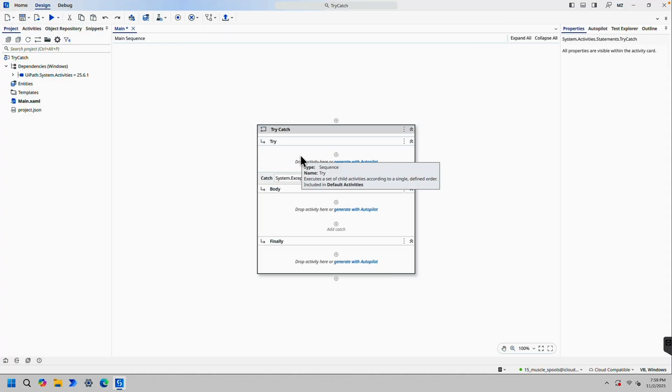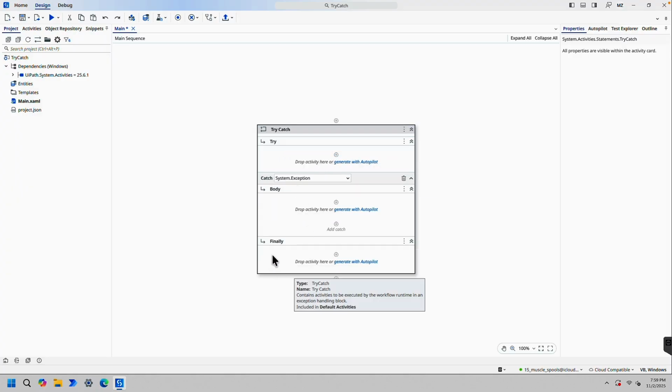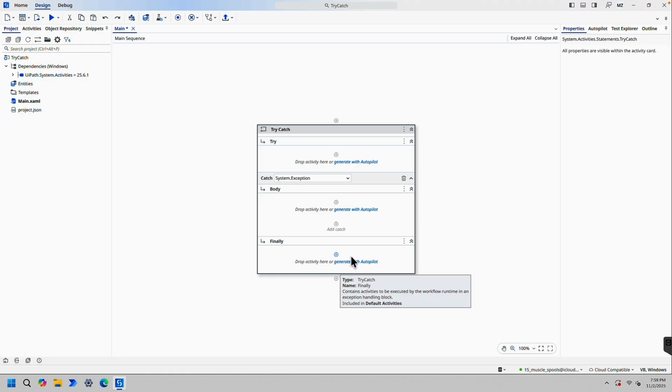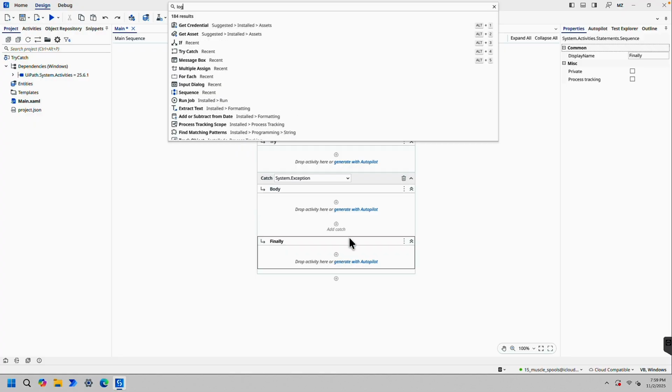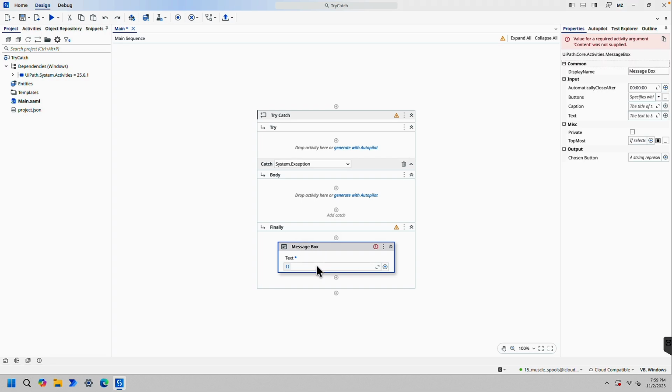So we have a try, and whenever there is a system exception, or we can decide any other kind of exception, we want to execute this. But if there are issues, and we also have this finally section, it gets executed regardless. So this is an optional section. If you want to put something or not, then we can do so. Let's just say message box, go to finally,